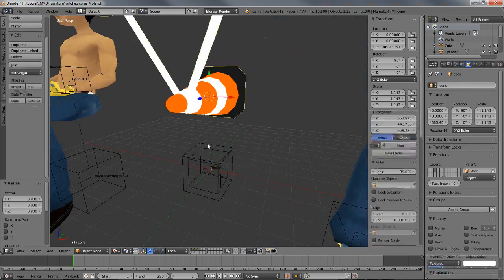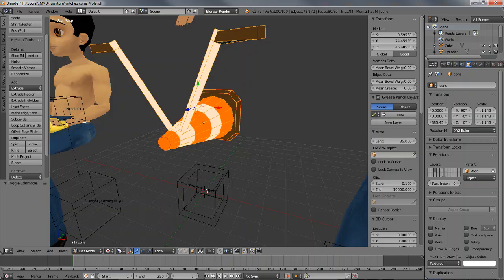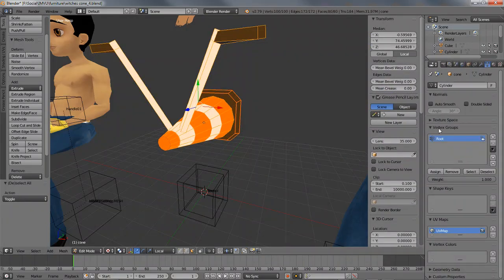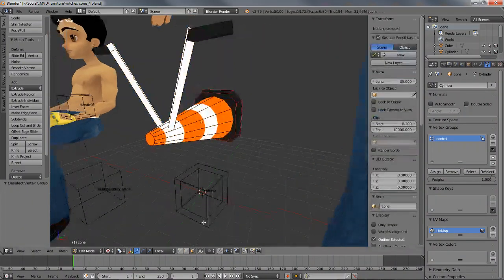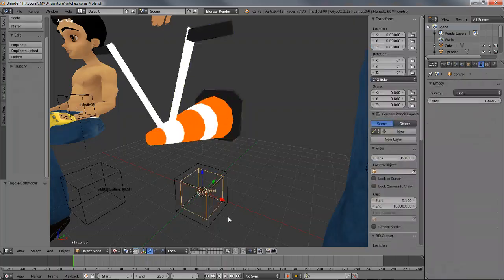The vertex group that was assigned to the mesh was called root. So we can change this now to the control node. Double click that and type the name of the node that you want to control the mesh. And click assign just to make sure that's working. But nothing will happen at the moment